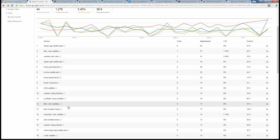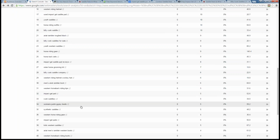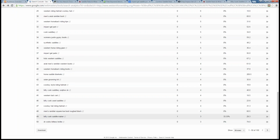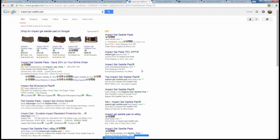I also like to look at what other rankings I might have with this page. Billy Cook saddles. You have Billy Cook saddlery, used Billy Cook saddles. There might even be some more, Billy Cook Saddle Company. So you have a number of other ones where you're getting some kind of a ranking on them. And it could be worth having a couple of paragraphs of content on that page specifically devoted to those individual topics to try to increase the rankings on them. In terms of your main one, though, the Billy Cook saddles,